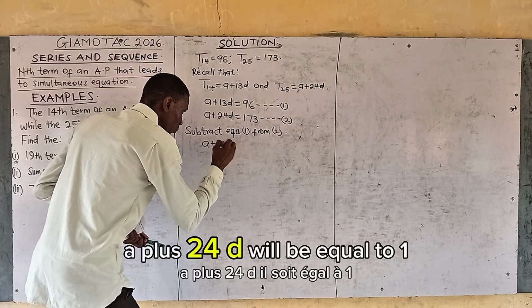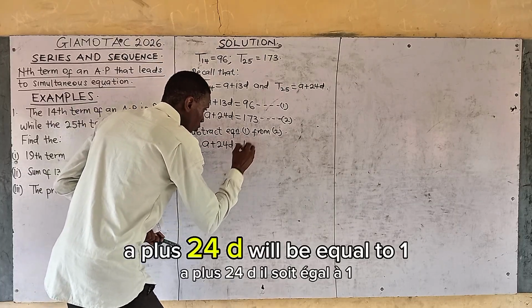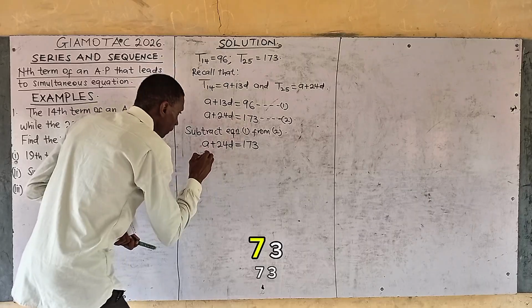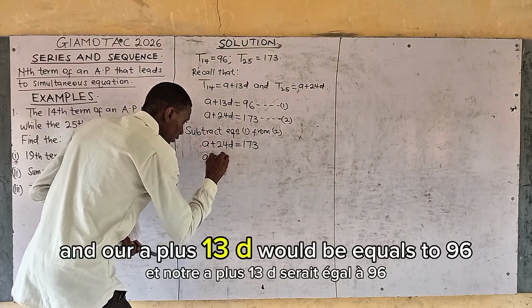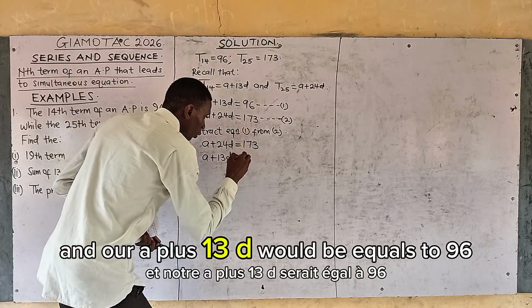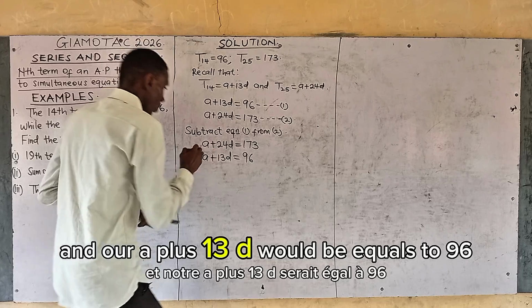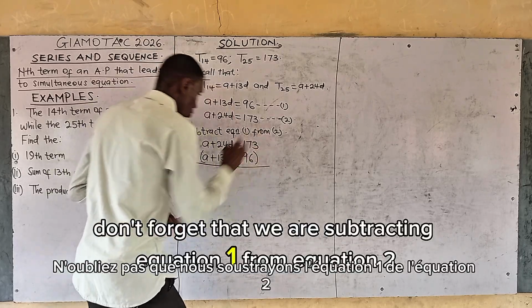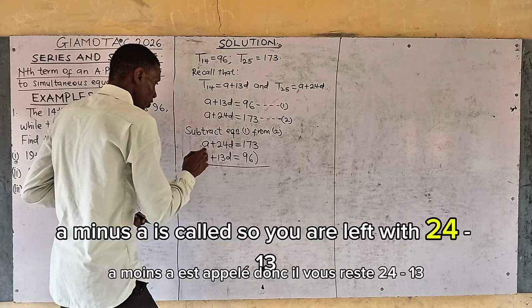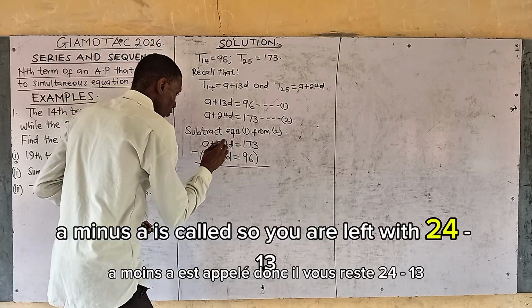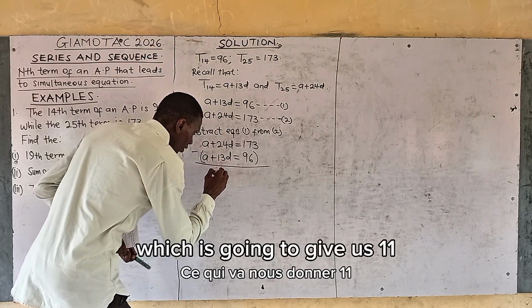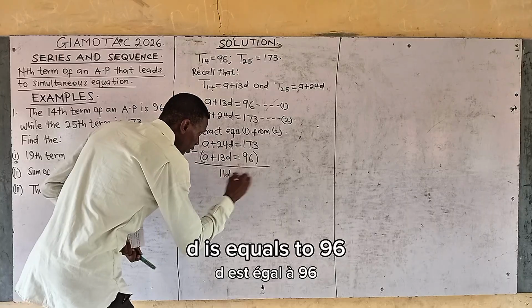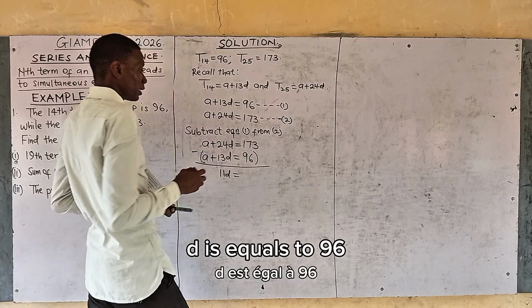A plus 24D will be equal to 173 and A plus 13D will be equal to 96. Don't forget that we are subtracting equation 1 from equation 2. What are you going to have? A minus A is gone. So you are left with 24 minus 13, which is going to give us 11D is equal to